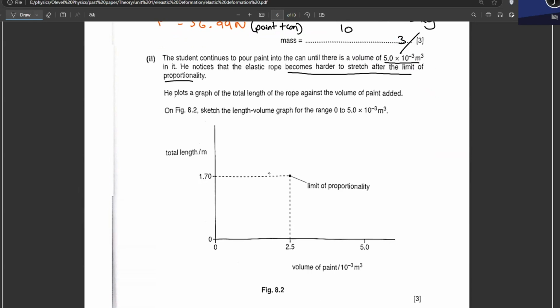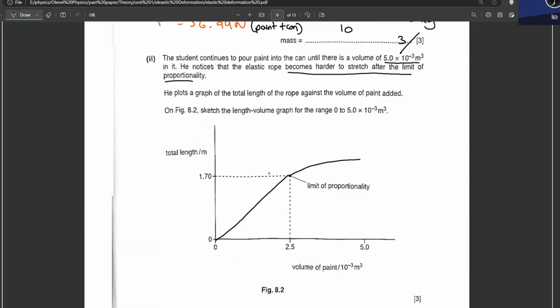On figure 8.2, sketch the length versus volume graph from 0 to 5 times 10 raised to the power of minus 3. From 0 till 2.5, you will have a straight line. And after that,